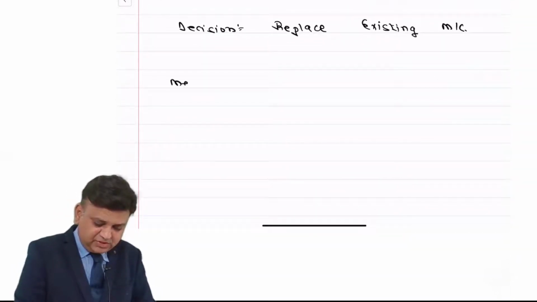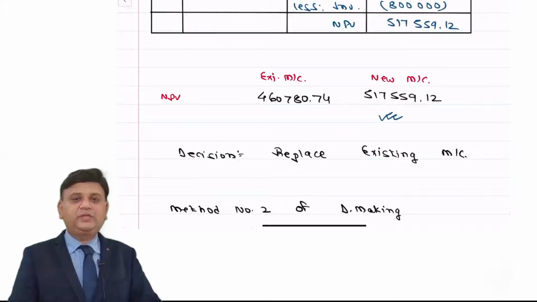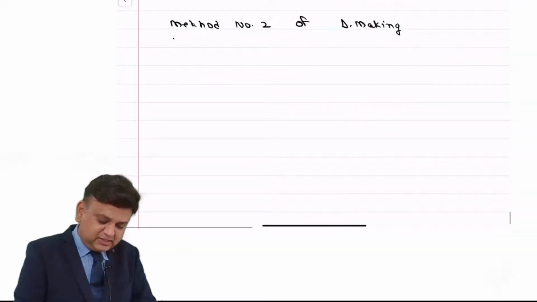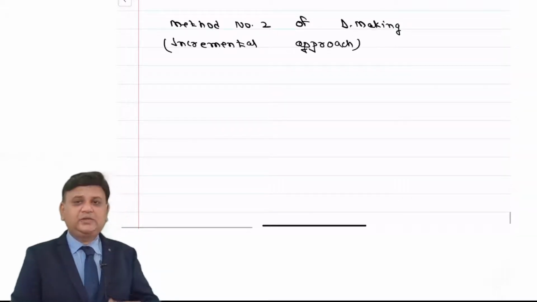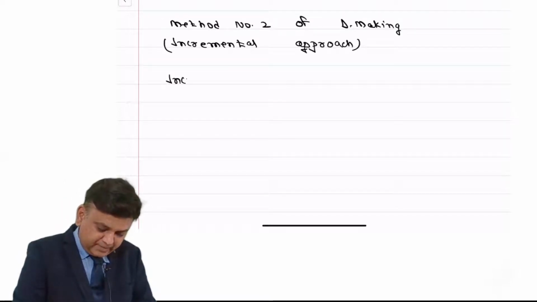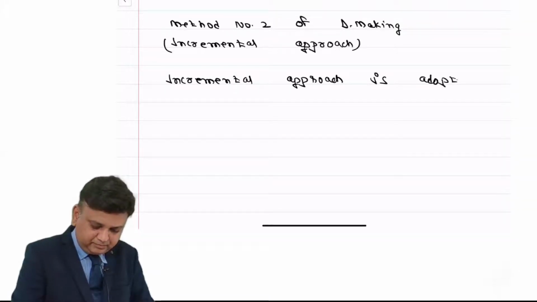Now method number 2 of decision making. And of course, dear students, my suggestion to all of you is to go with method number 2 of decision making, that is incremental approach. I request you to write down answer along with me. Incremental approach is adopted